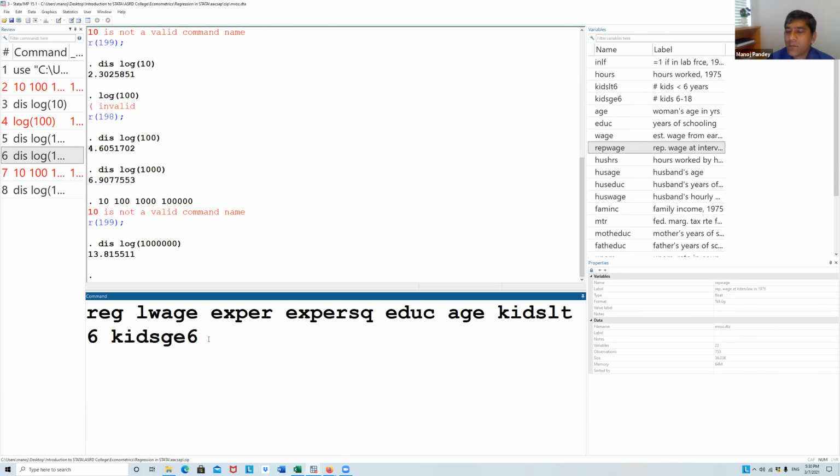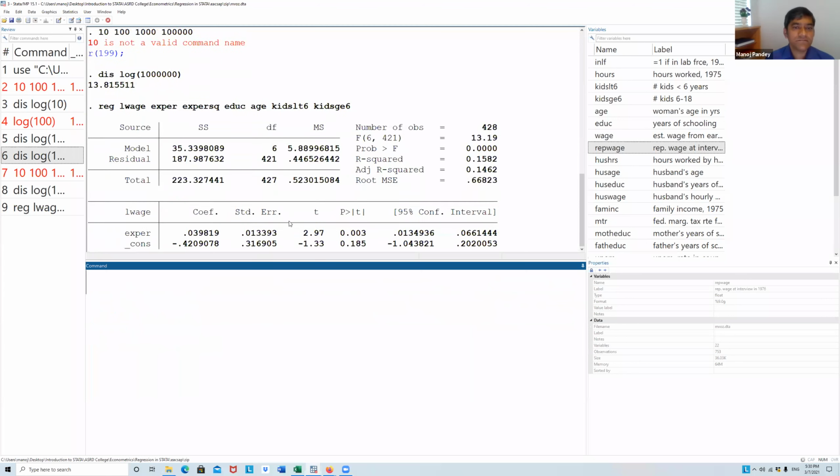And sometimes if they are adults, they can help you and you can spend more hours at work, so your growth will be faster. So we really don't know, because we don't know the data, we don't know the context. We can assume that there is some relationship between number of kids less than 6 years and number of kids between 6 and 18. Now in Stata, we run this regression.